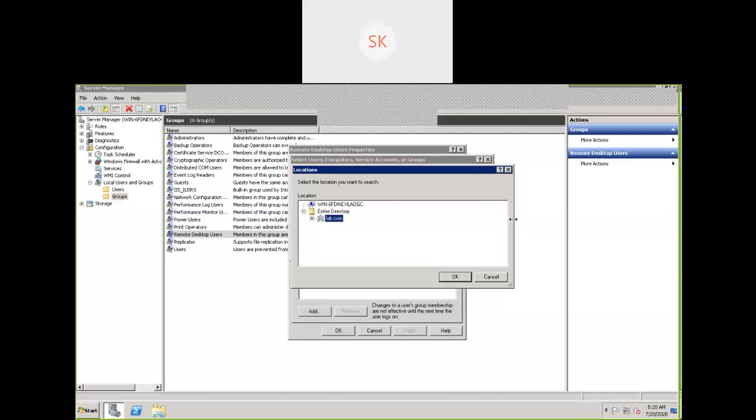One is the domain controller, one is the local system. My requirement is to add user 1, a domain user, to a local group. I'm not going to add a server to this local system. Click Cancel.